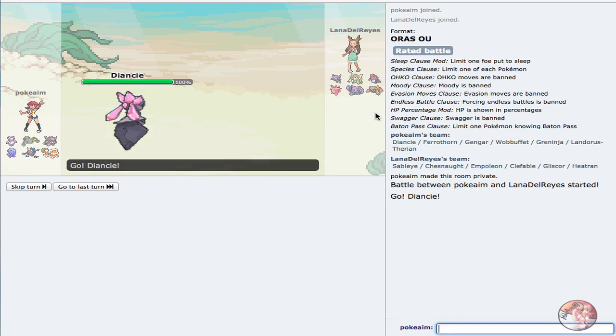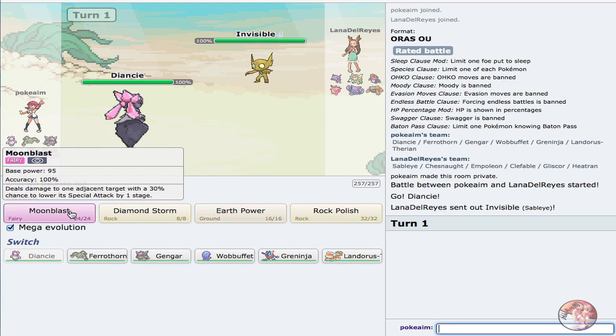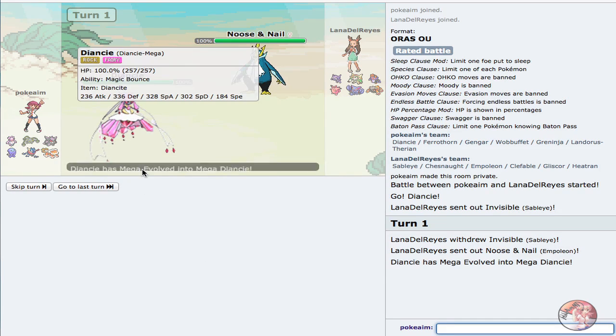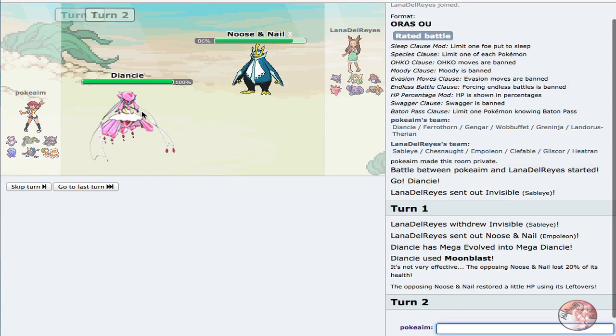The thing is, though, Diancie puts in so much work versus my opponent's team. It's insane. So just going to Mega Evolve and go right for Moonblast, as he has no switch-ins to this thing. Like, Empoleon isn't really a switch-in, because eventually I can fire off Earth Power. So goes out to Empoleon. And what I want to do is go